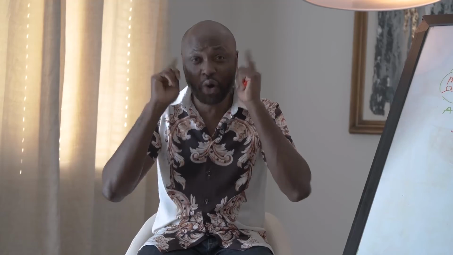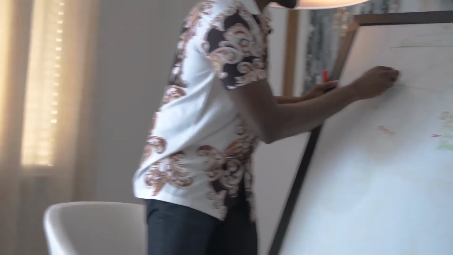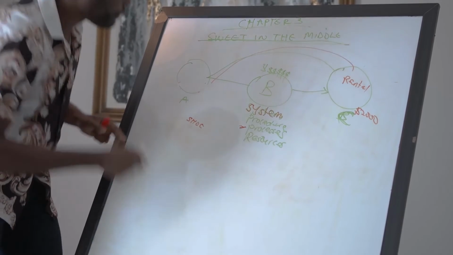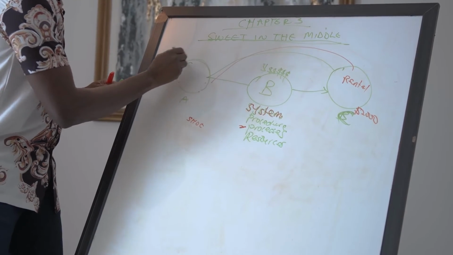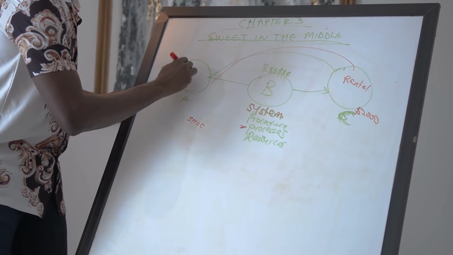Instantly, the thinking process of sweat in the middle came into my mind. And it says, okay, instead of the property owner here, let me give you an example that works. Instead of the property owner, now the equation is changing. The question now is, this is the restaurant owner.